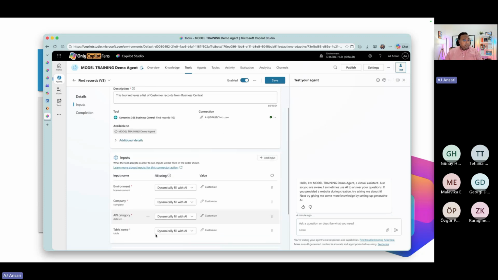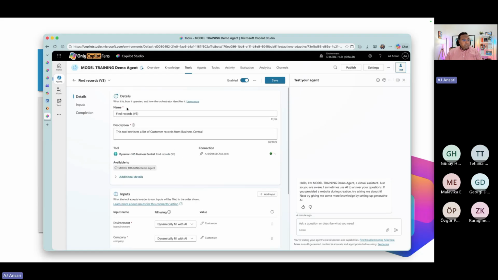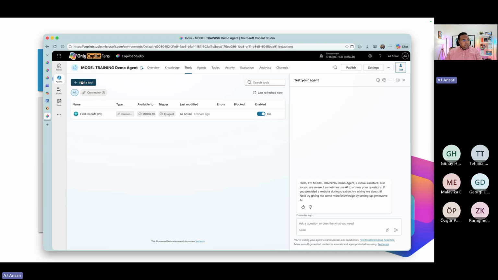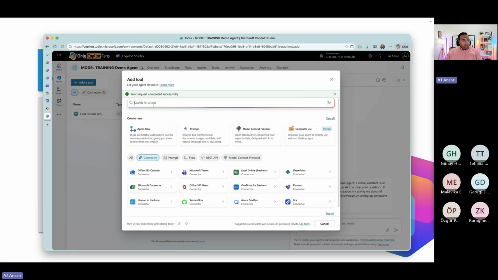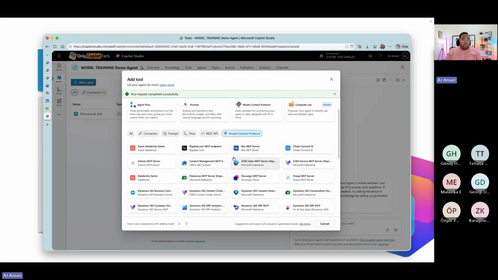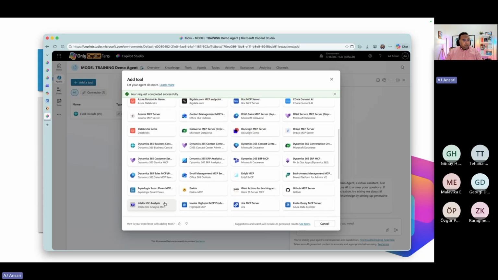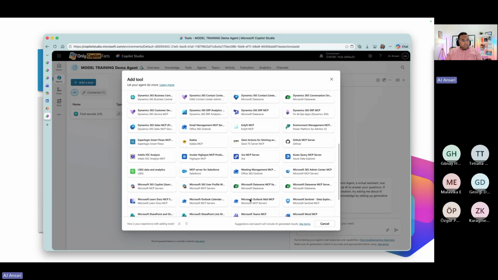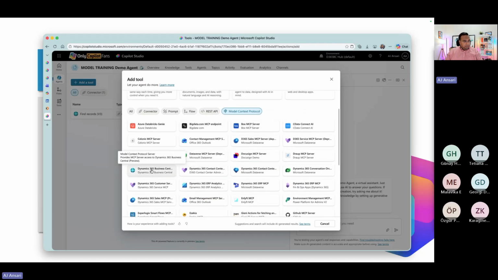Now, at this point, you go in and populate the rest of the stuff. You probably give it a better name. And now my tool gets invoked in the right place. This is even more important if I'm going to use a combination of a standard Power Platform connector and an MCP tool for the exact same application or backend. So for Business Central, for instance, or even for Office 365 Outlook, email management, etc., there are both standard connectors and there are the MCP connectors. So what happens with an MCP connector, for instance,